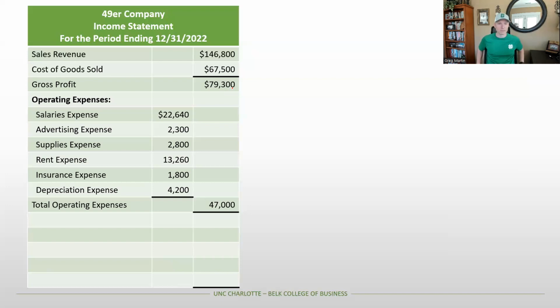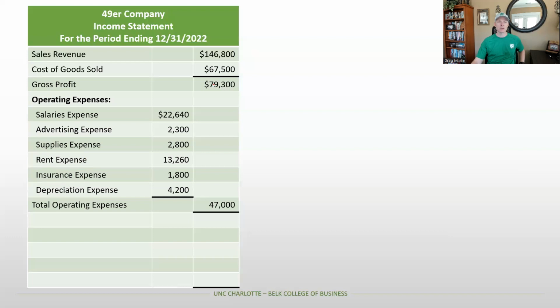I didn't really list them in any particular order. Admittedly, they're usually not in any particular order. And so looking at it, you can see salaries expense, advertising expense, supplies expense, rent expense, insurance expense, and depreciation expense. And again, I want to be clear, when we talk about salaries, supplies, rent, insurance, and depreciation,